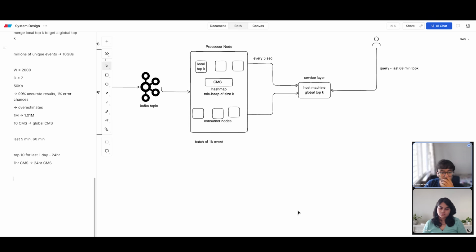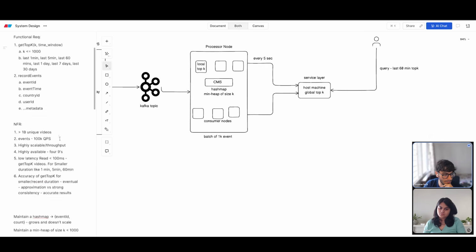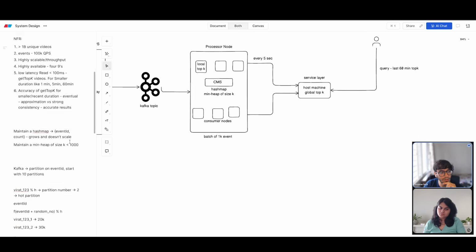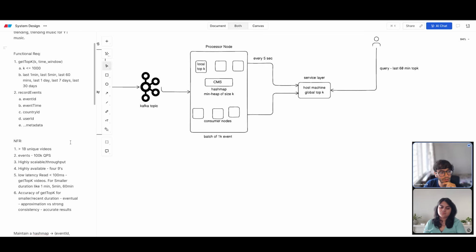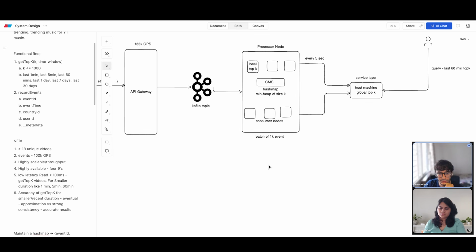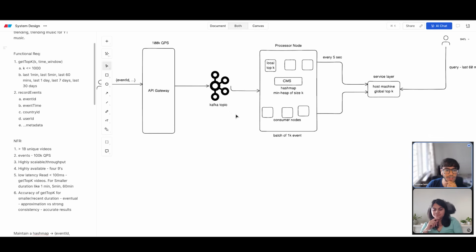So for the accuracy reason, the product would demand that we have a path where we calculate the exact count. It's highly accurate, but we are processing a lot of data, essentially terabytes and petabytes of data. So for this, I would say having another processor node or having another consumer group,